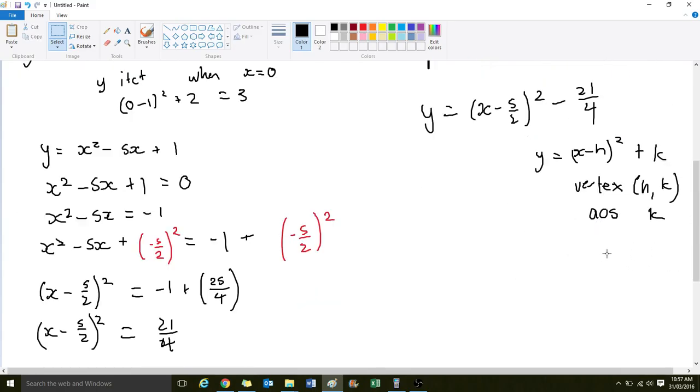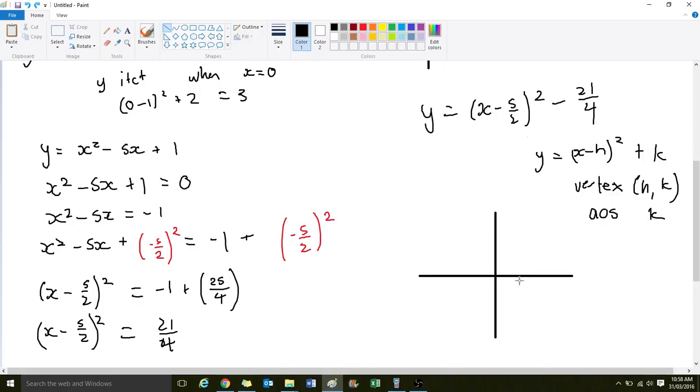Okay, so that means this function that we've just discovered is going to have a y-intercept. Okay, well, we'll figure out the y-intercept in a moment. It has a vertex at point h and k. Now h is 5 on 2 and k is minus 21 on 4. Okay, minus 21 on 4 is about minus 5.25. So we have